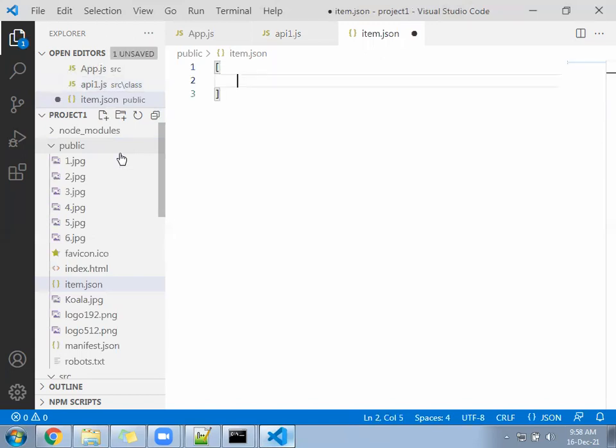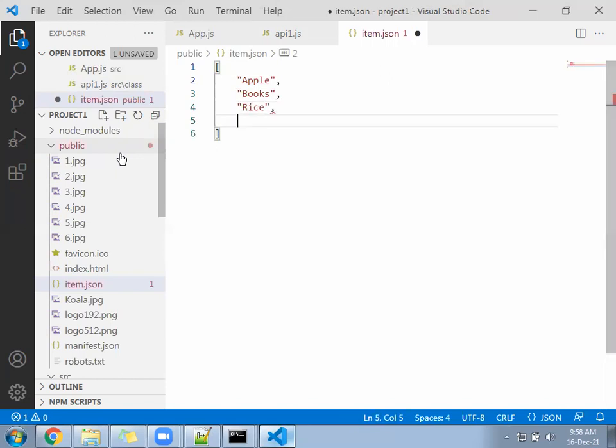Suppose write some item names: apple, rice, potato, banana, milk.